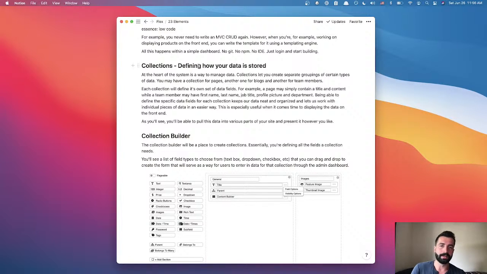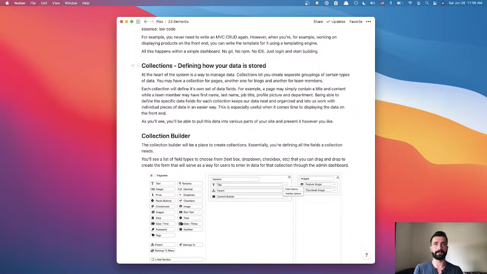Imagine we have a collection for pages. It's a simple way to create a simple page. You have your title, your content, pretty straightforward. But imagine you have something a little more nuanced or detailed, like team member pages.